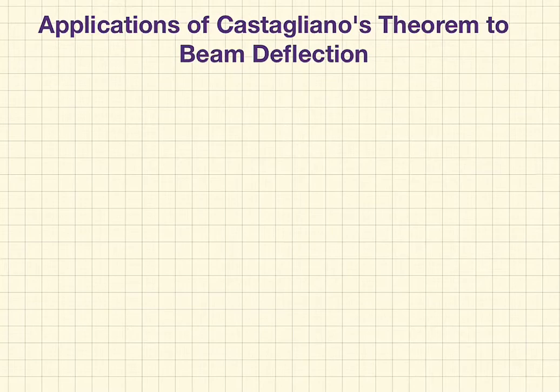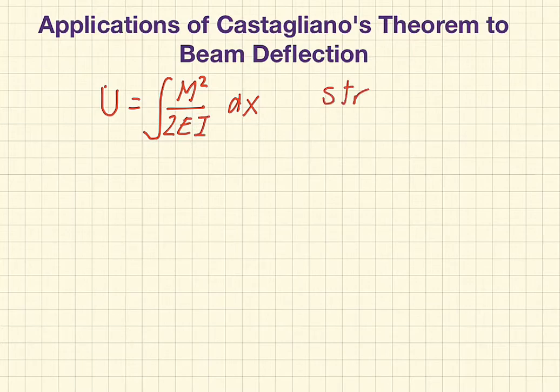So as we know that now, for the total energy stored in a member, U is the integral over distance x, dx, of u1, and u1 is the energy stored per unit length. So for a beam, u1 would be M squared over 2EI. So this is a straight beam, and